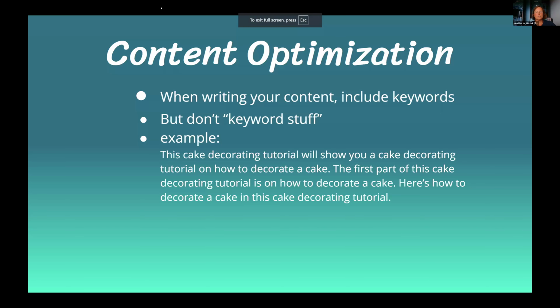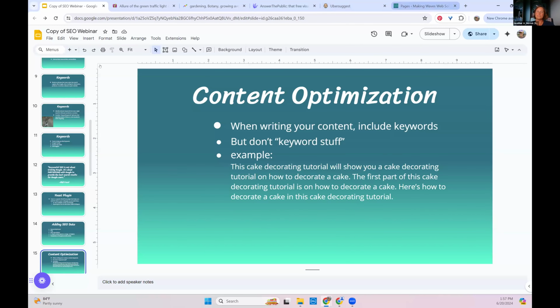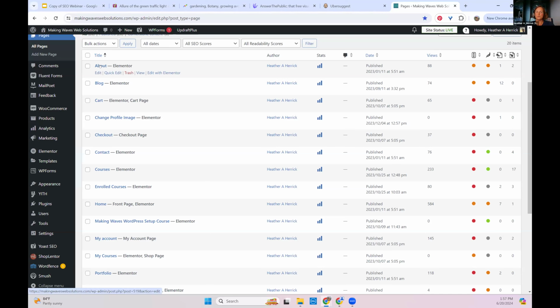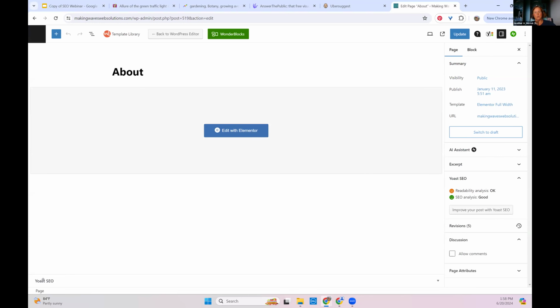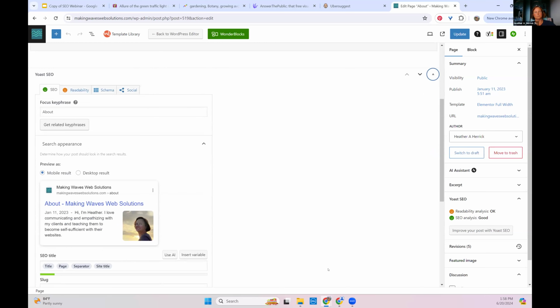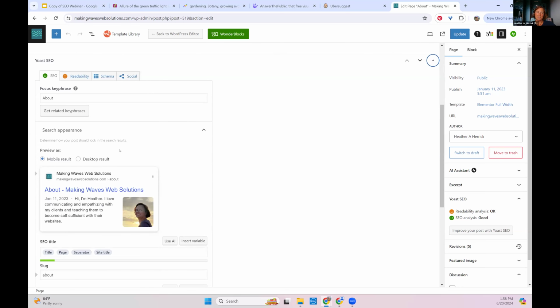Okay, so let's go over to my website. This is a WordPress dashboard. Some of you have seen this before. Some of you are familiar with it. If you don't use WordPress, don't worry about what this part looks like, but I'm going to go into the edit just on the about page. I'm being a little slow. Sorry, guys. Zoom slows everything down just a little bit. And we're going to come down to where it says Yoast SEO at the bottom and click that caret to open things up. And on my About Me page, I have a focus keyword of about, which is boring, but